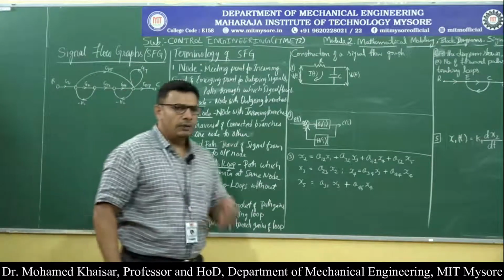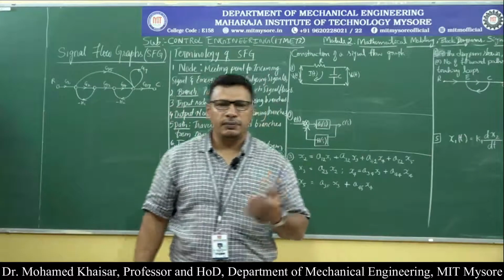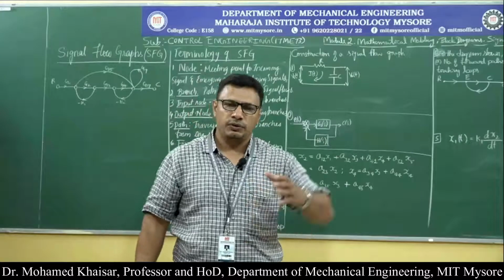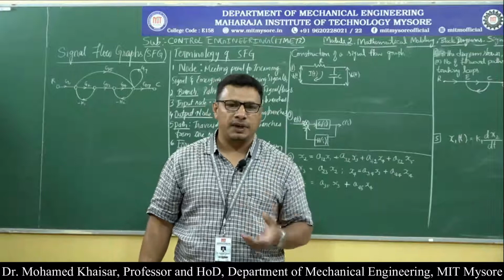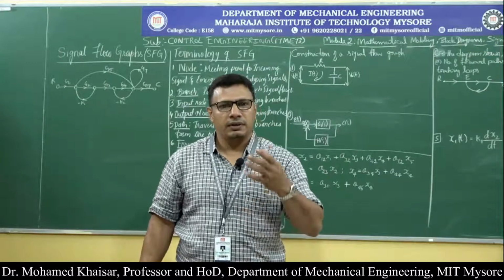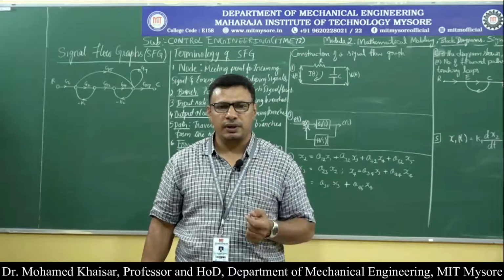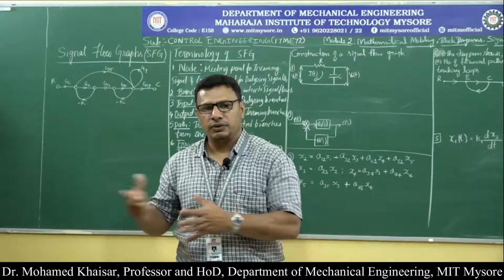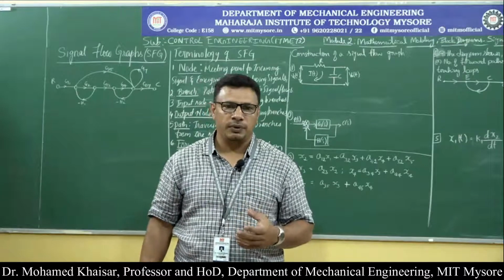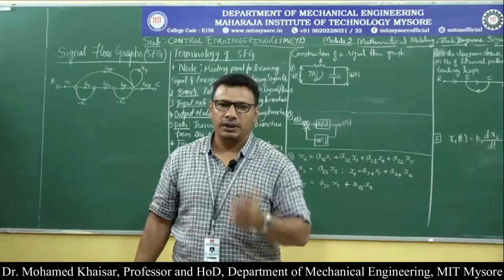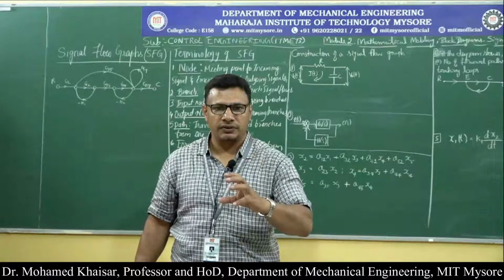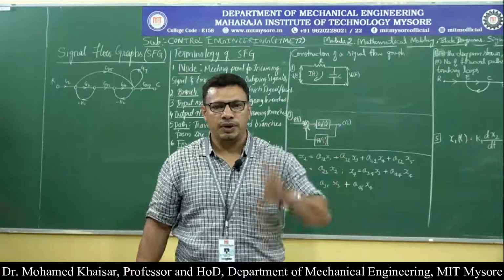Now, what is the transfer function that we will be trying to arrive at using maybe the block diagram or the signal flow graph method? It is C(s) by R(s). The transfer function we have been talking about is nothing but the ratio of output to the input, and the right hand side will have a mathematical function that tells the transfer function of the system to transform the input to the output.